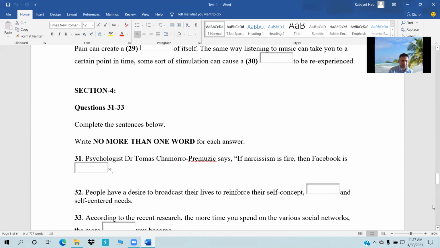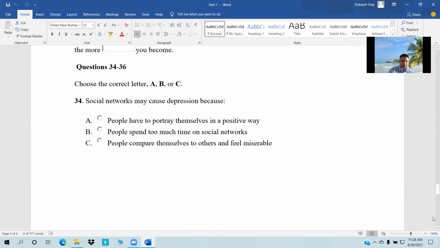And again, for the gaps in section 4, you have to listen to the audio clip very carefully, and before and after the gap, you have to find out the text. You have to read the text very carefully before and after the gap, and you have to follow the instructions. If you find the suitable word, you just put it in the gap. That's how you can do the listening part.